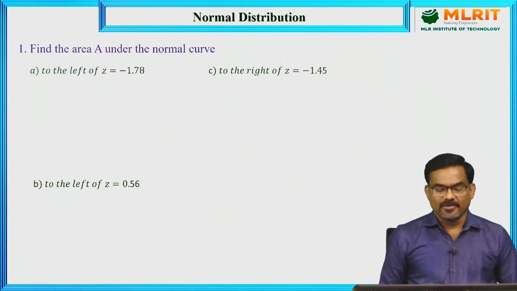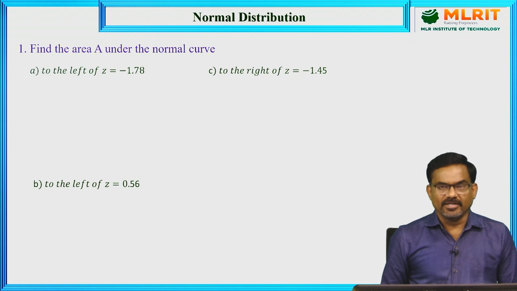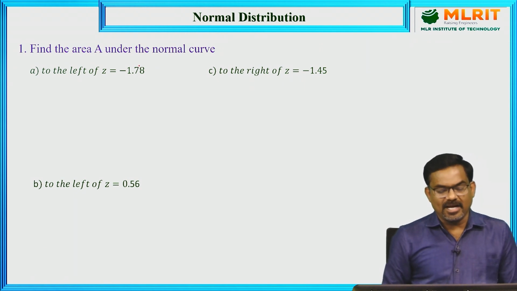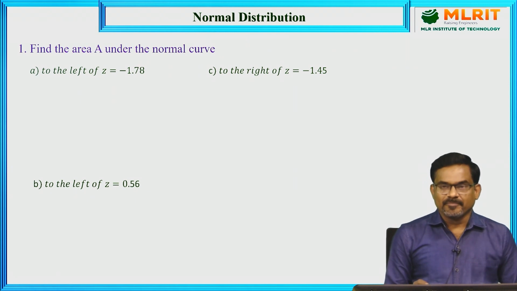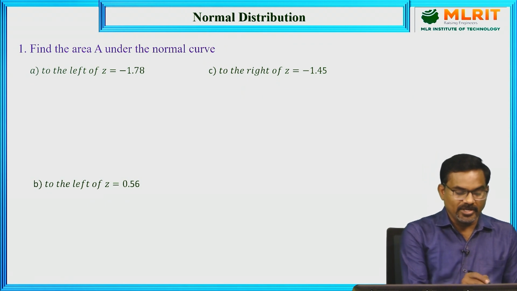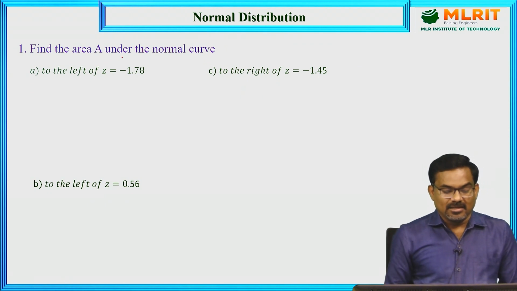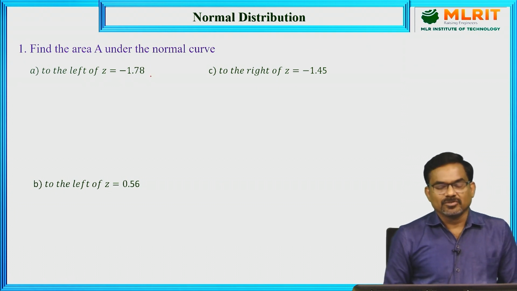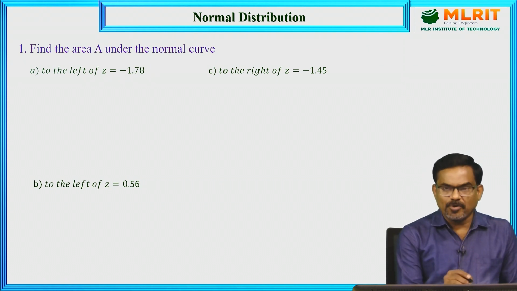Now let us find some probabilities or areas. So the first question, find the area A under the normal curve. So here area or probability both are one and the same. The standard normal distribution curve gives the areas or probabilities. The table gives the areas or probabilities. Now we need to find the area under the normal curve to the left of Z equal to minus 1.78. So to find the corresponding area,